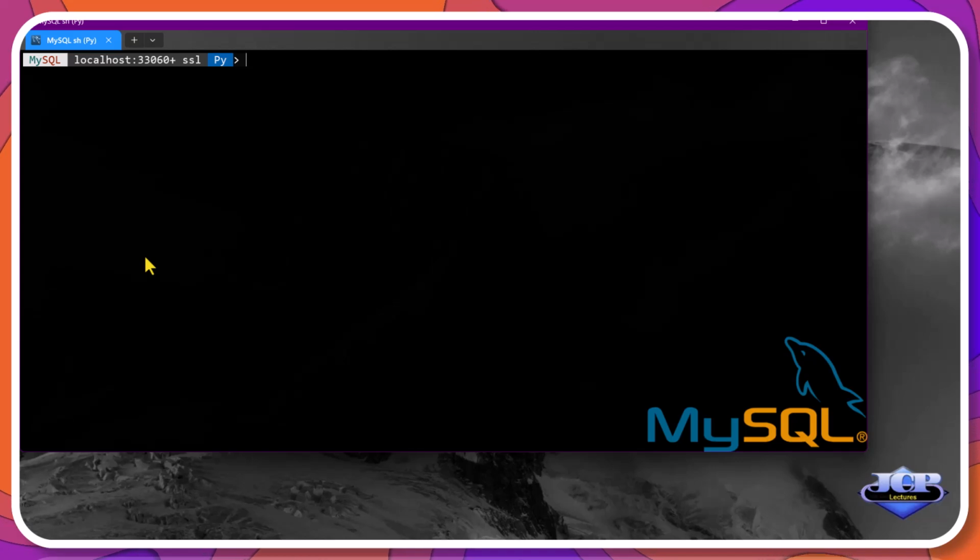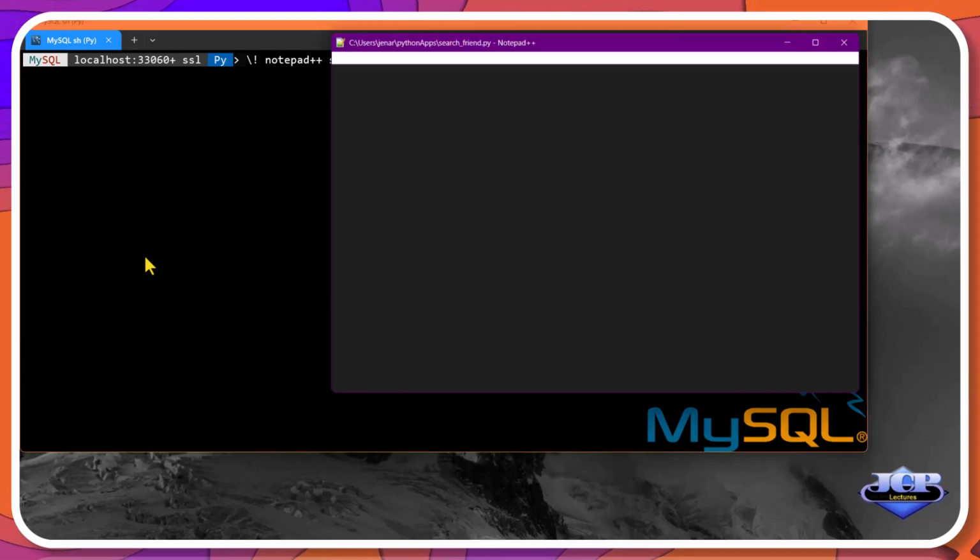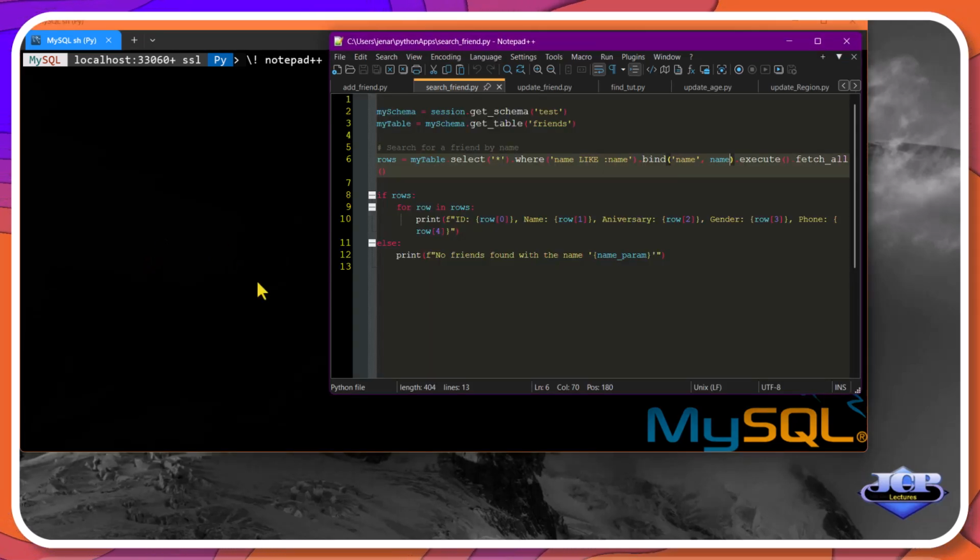There is another script to search for a record when we feed the parameter name with a value. Let's open it with Notepad++. This script selects all the records where name contains the value provided as a parameter and displays all the fields.